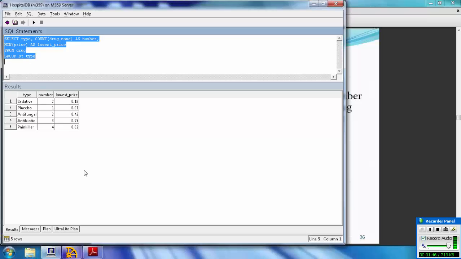So you can see the result here. It is giving you, for each type, how many there are and the lowest price. A similar query we have done before. Without conditions, it is giving you all the lowest prices, such as 0.18, 0.01, 0.42, 0.95, 0.02. And if we give one more condition,